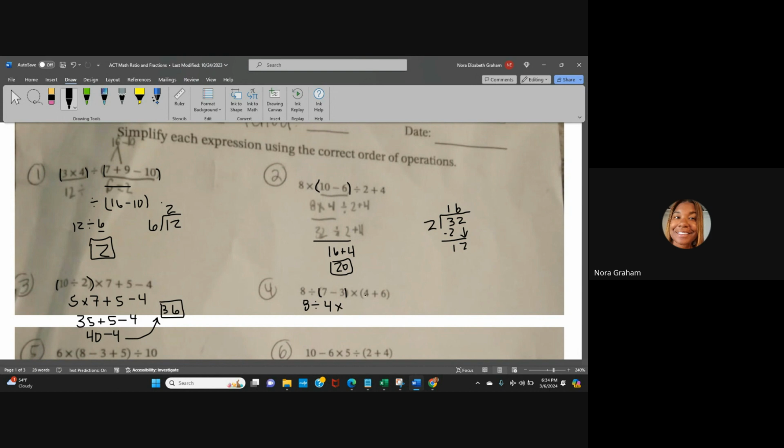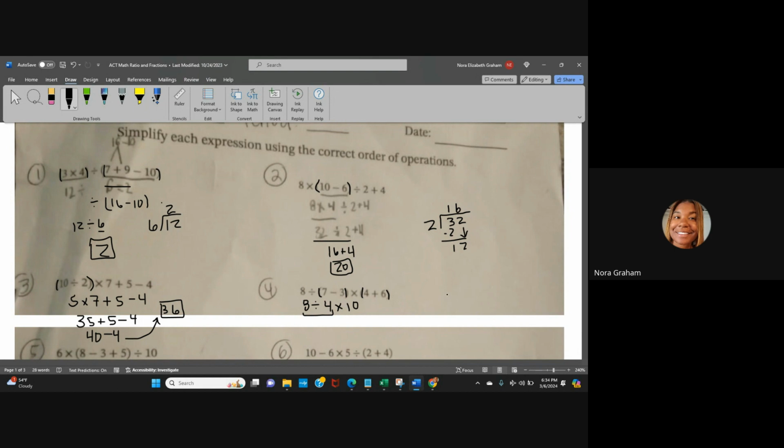The multiplication comes along for the ride. And now I just have these two numbers I have to simplify inside my grouping symbols. 6, 7, 8, 9, 10. Now, again, I know it says PEMDAS, and then it usually says division comes before multiplication, but we don't have to follow that. When we have multiplication and division, we're going to move from left to right. So moving from left to right, I'm going to do 8 divided by 4 first